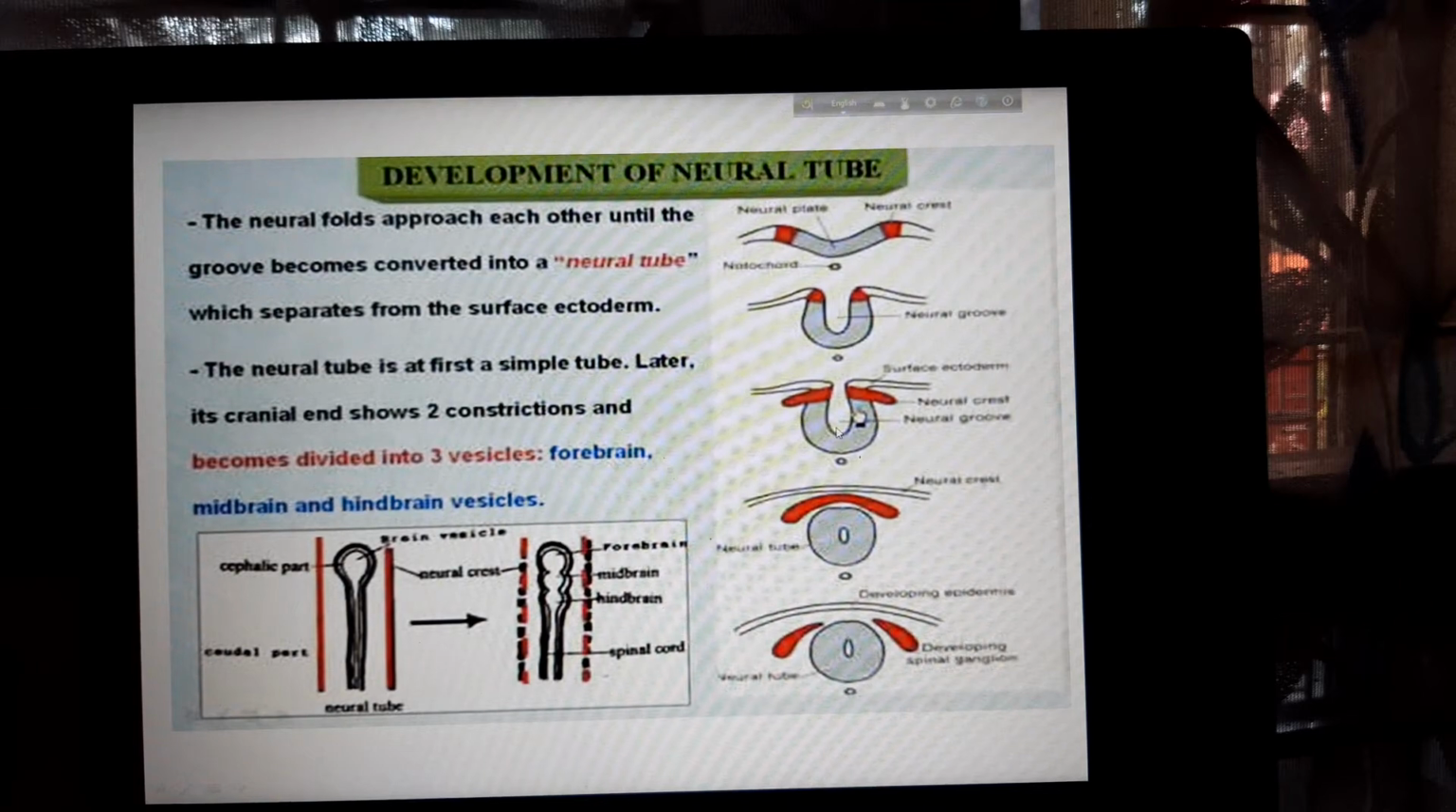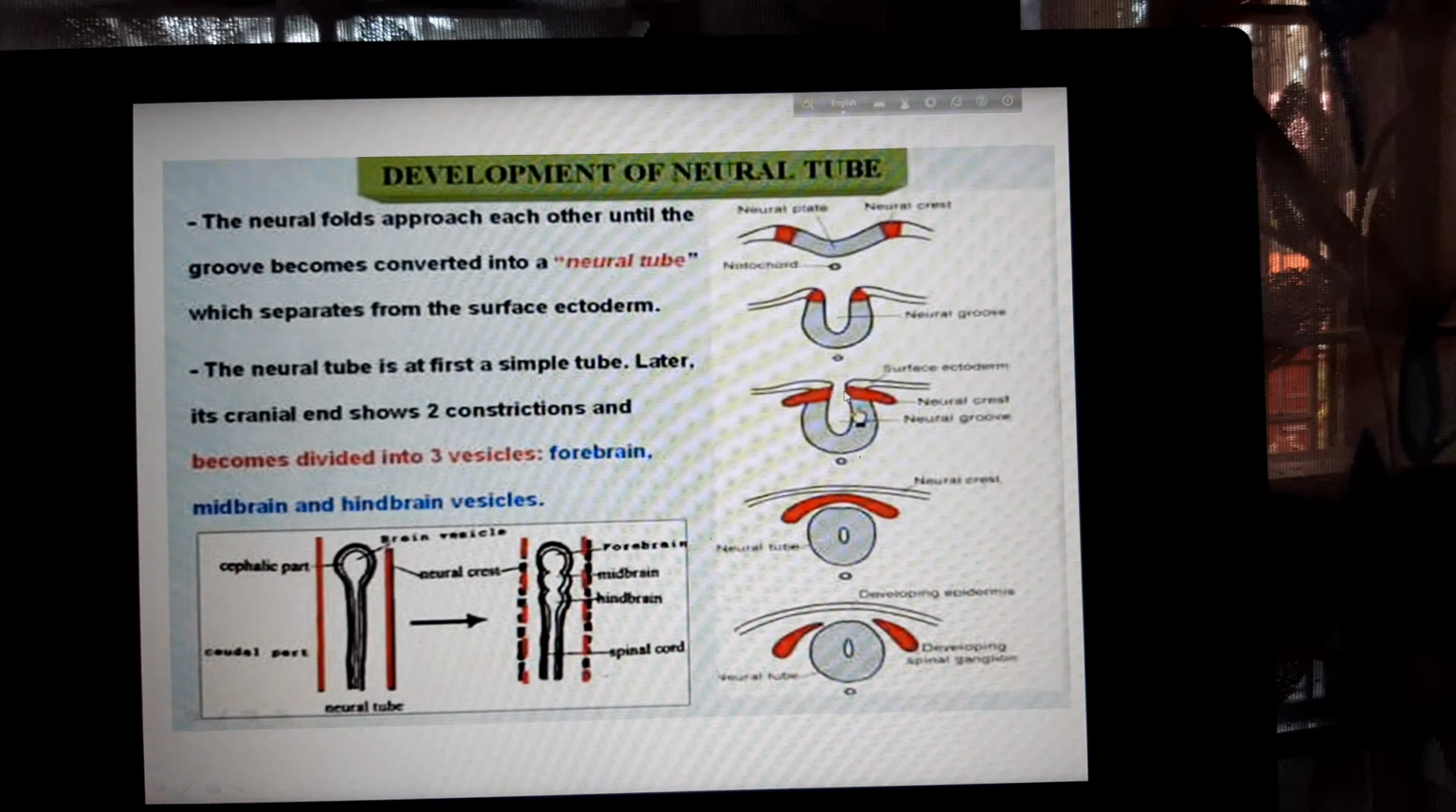The folds soon rise and approach each other and form a neural groove. This is the neural groove between them. These neural folds rise and approach each other, and finally the neural folds attach